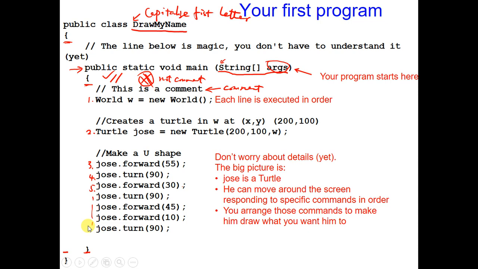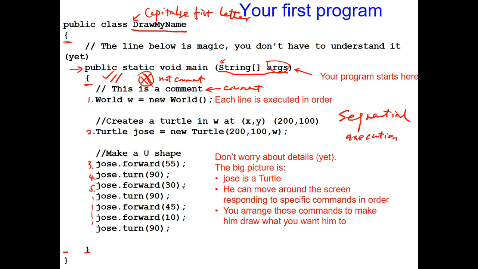All of them are executed in order, which means from the first statement, once the machine is done with the first statement, then it moves on to the next one. This idea is important. It's called sequential execution. So if you have sequential execution, it means start from the first line all the way to the last line. In general, I think most of us are comfortable with this concept.